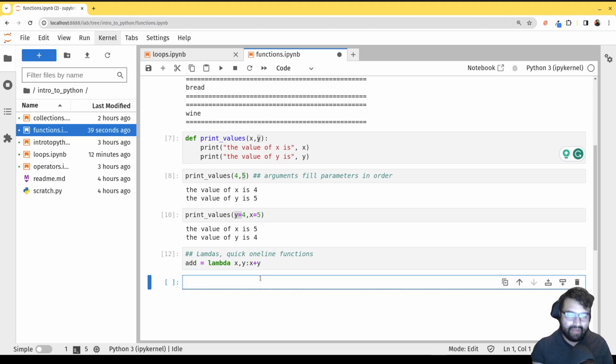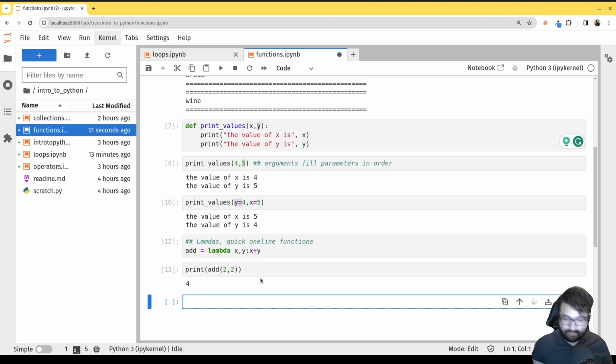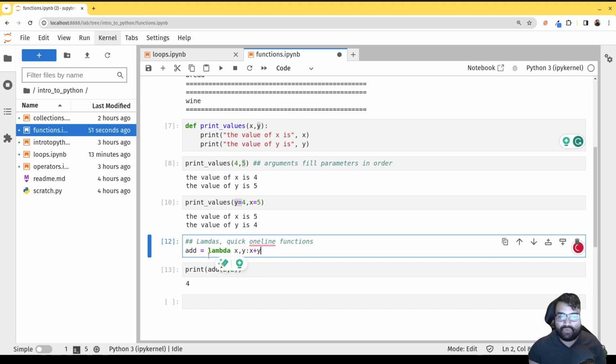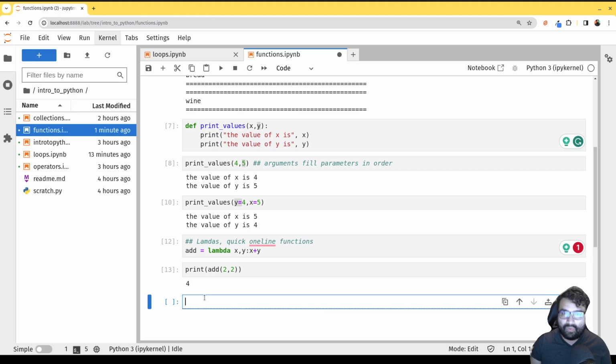Okay, and then I can just be like add, print, add 2 and 2, and this should return 4, and I get back 4. Okay, so this is going to be really useful when you're working with arrays. Well, not with arrays, JavaScript habits die hard. When you're working with lists and dictionaries and things like that, because oftentimes, particularly with lists, you might